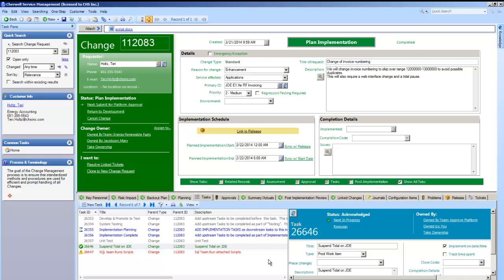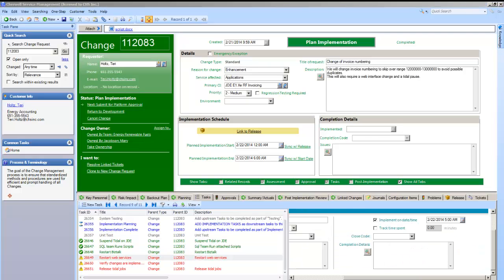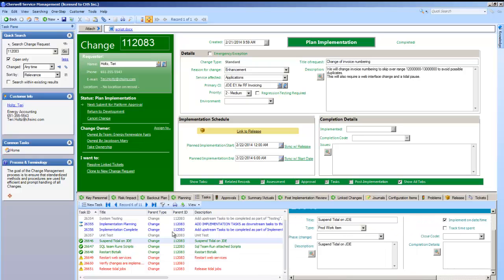As you can see, each task turns green as it's acknowledged by the person that will be performing the task. Now I'm going to jump ahead and add 3 more tasks to the implementation. They are in red and generally would be red until just before the implementation date. However, prior to implementation, they should all be green as the teams need to acknowledge that they are going to